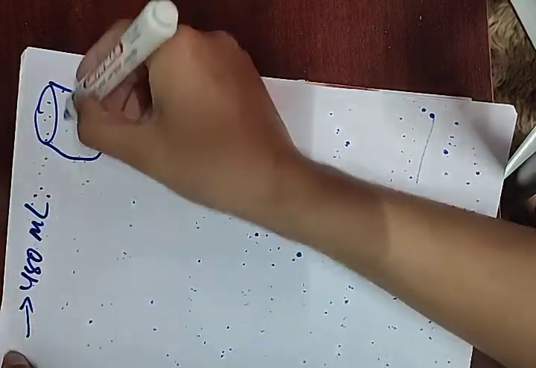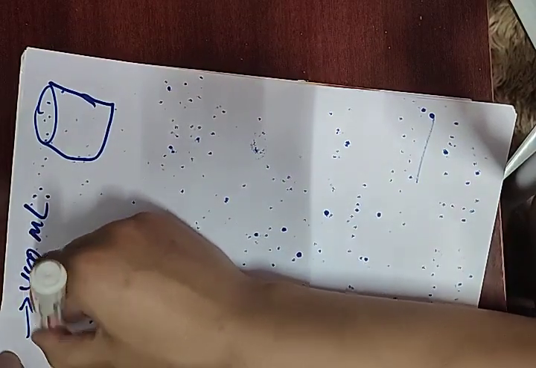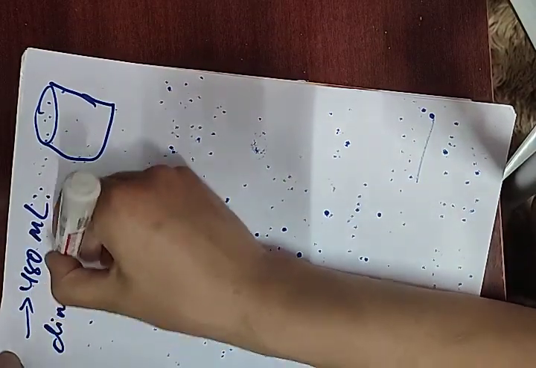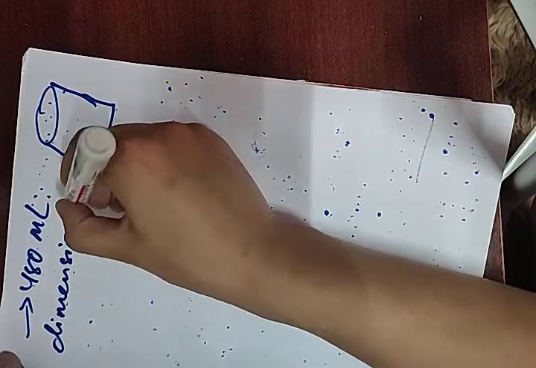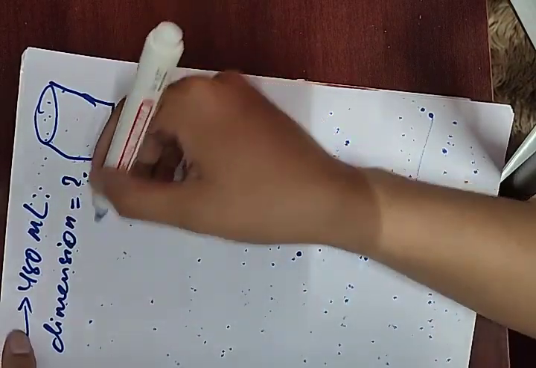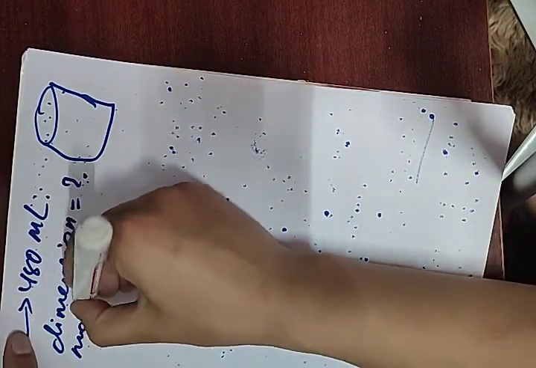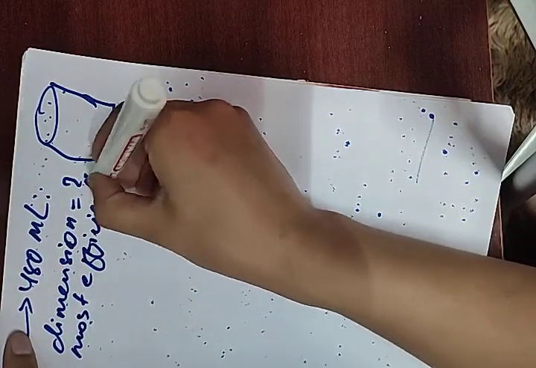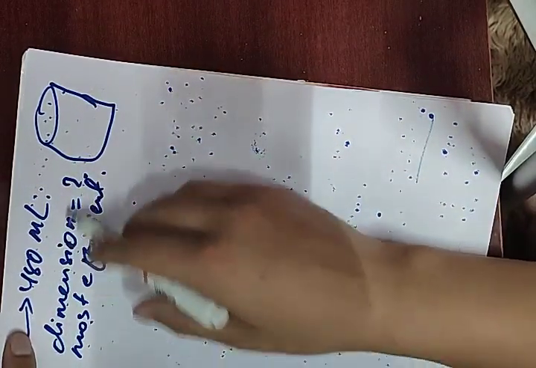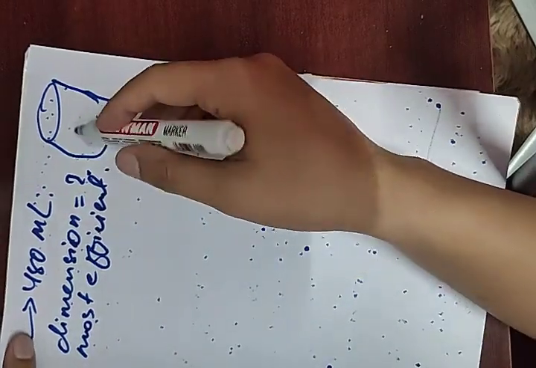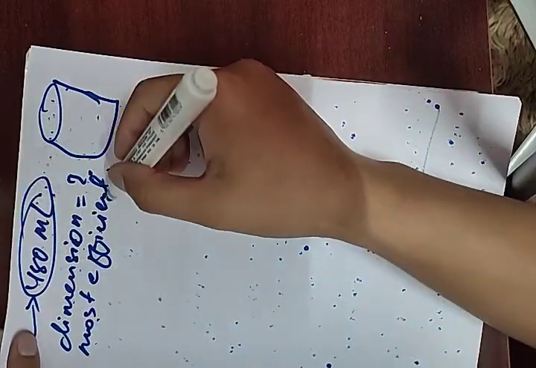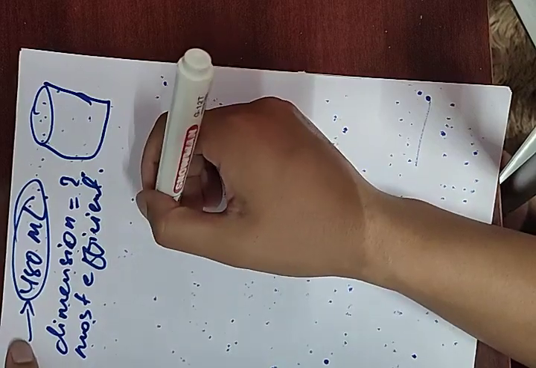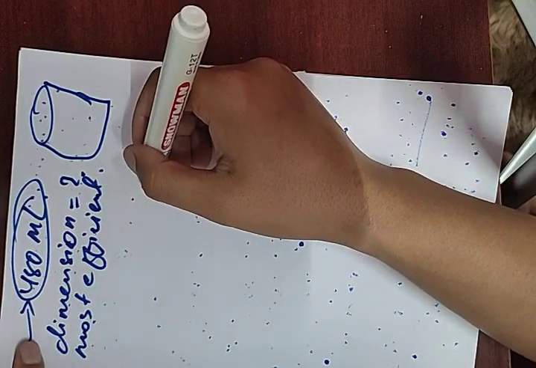Its capacity is this much, and you are asked to find the most efficient dimension. So for this container with this capacity, the most efficient dimension, how you have to find is, you have to